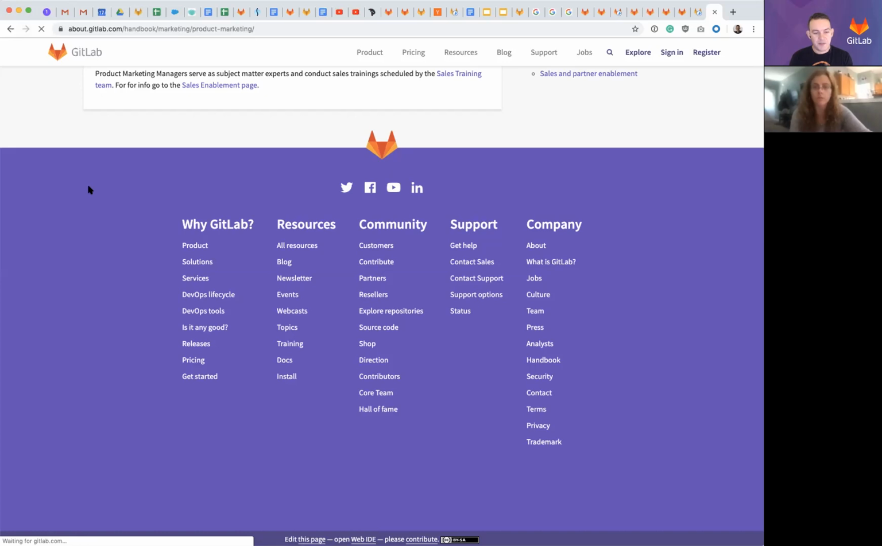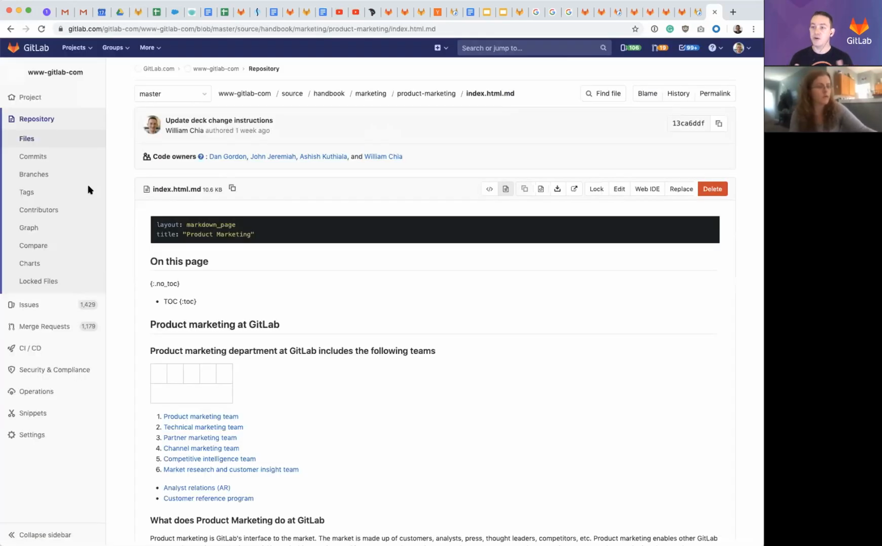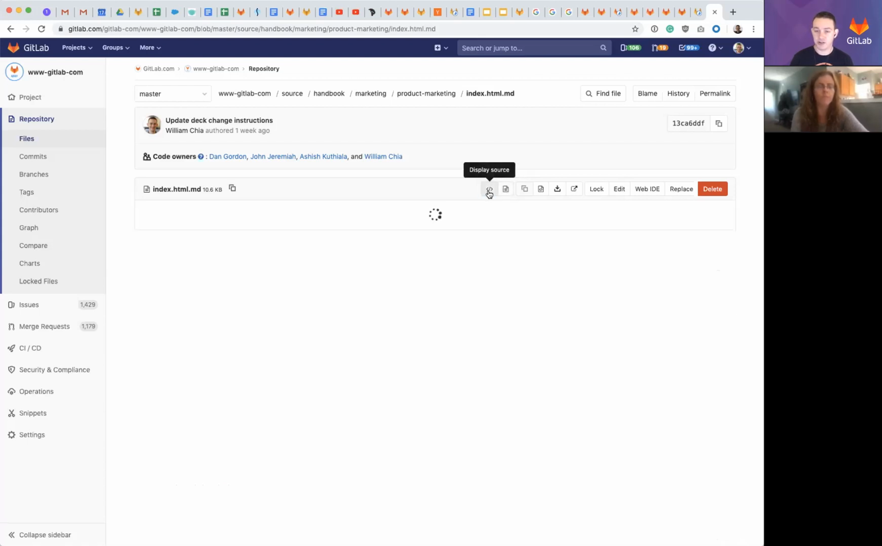So when it pops up in a moment, what I'm actually opening up is the Git repository on GitLab.com. After you click on edit this page, it opens up the Git repository. So basically it goes to the code that generated this page. In this case, it's showing me a nice preview because it's on the display a rendered file. But if I click on this to display the source,